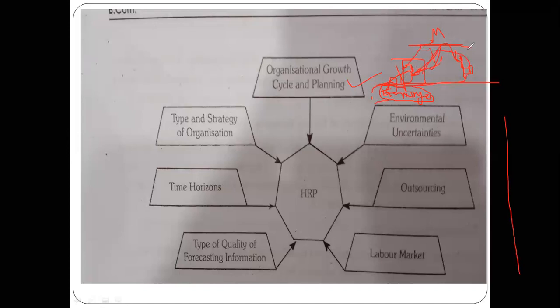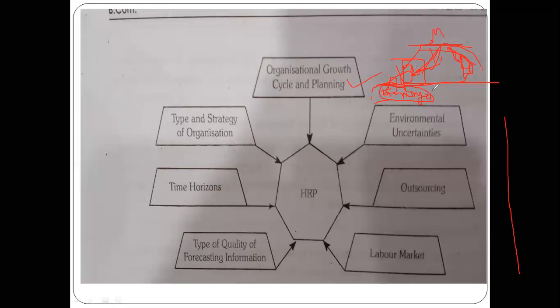In the declining stage, layoff will be there, retrenchment will be there, and retirement. These three are going to be there: layoff, retrenchment, and retirement. About these words, we will learn in the coming lessons. Don't worry. Retirement, you know, is when an employee, after attaining a certain age, will be retiring from the organization. Means he will be taking rest as he became old. It is the time for him to take rest.